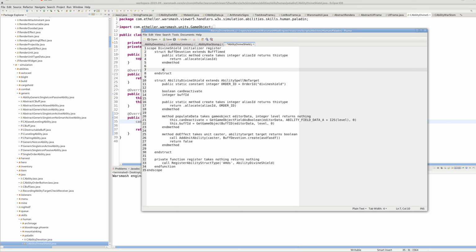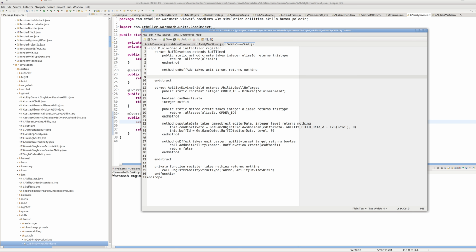Generally, the most important thing with the buff timed is going to be the onBuffAdd method, which is basically what happens when this buff is added to a target unit. And of course, I am not making this name up. This is a name that already exists inside of buff timed as part of its API. So the fact that I specifically named it onBuffAdd means it's just going to work by default. I think pretty much all we want to do there is set unit invulnerable on the target unit. Set that to true,